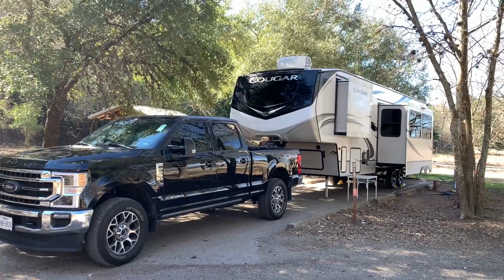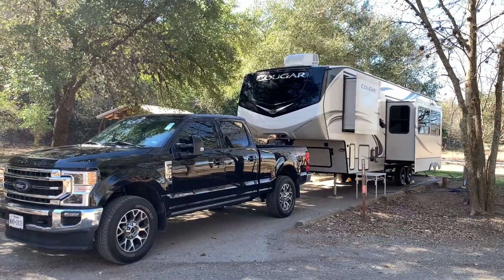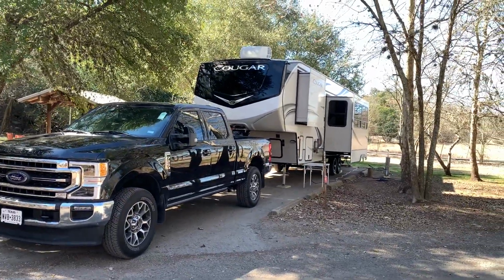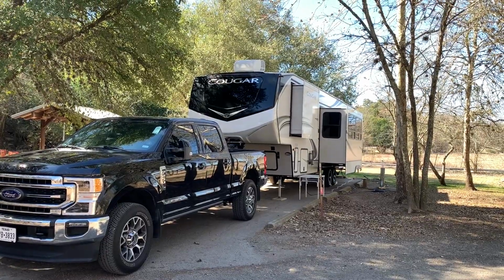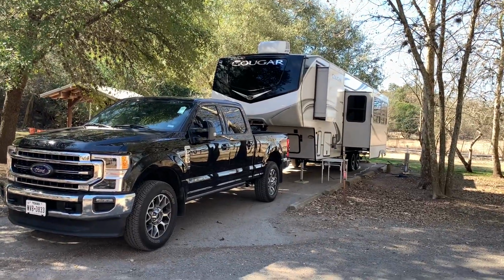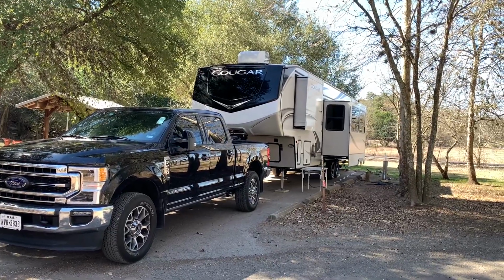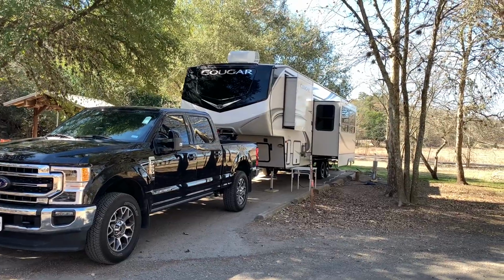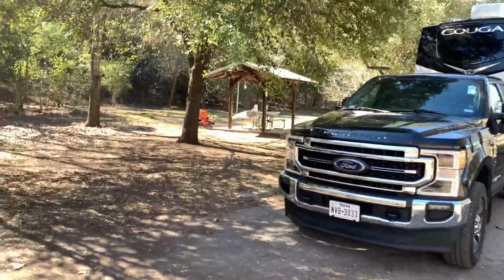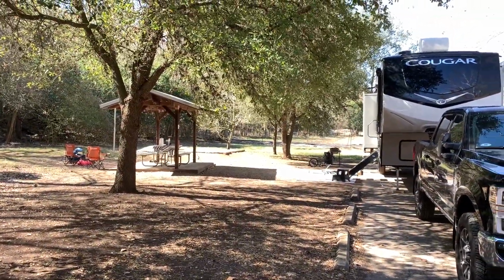Melody just pointed this site out to me. I would say this is like the best site so far in this whole state park. I'm gonna have to look on a map and see what kind of hookups it has. But it does have a concrete pad. You can get your fifth wheel and tow vehicle in there. But I'm pretty sure it's only going to have a 30 amp connection. But look at all the room. This is a corner site. All that room's yours. Site number 19,